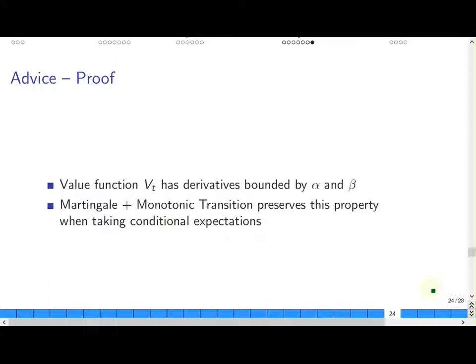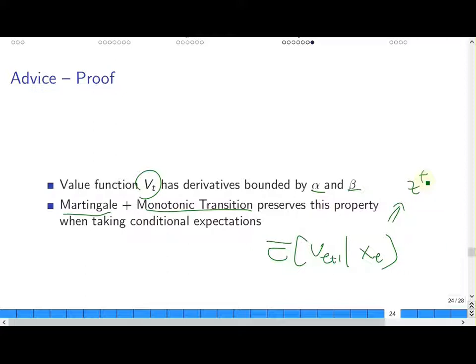The proof here would rely on a lemma that says if the stochastic process is a martingale plus it has monotonic transitions, then it preserves the bounded derivative property. So if V has derivatives that are bounded by two constants, then the expectation of V given the previous one, so Vt plus 1, would still have bounded derivatives. From this, we can show that the Zts are monotonic, and then applying the theorem, we can get the